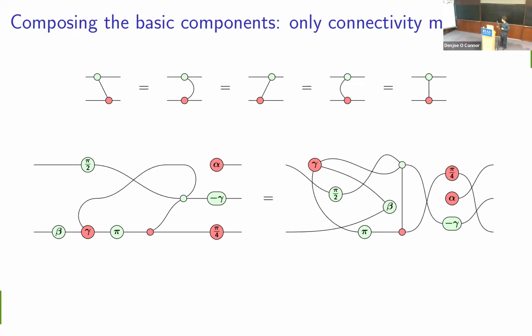So here, the top left wire is connected to the green pi by 2 spider, and over there that's also the case. And over here, the top wire is connected to this red alpha spider, and over here, the top wire is also connected to the alpha. So that's all good. And again, if you take some moments with the recording later, you can convince yourself that indeed all the connections are the same on both sides. And so that means that these two sides actually represent the same linear map.